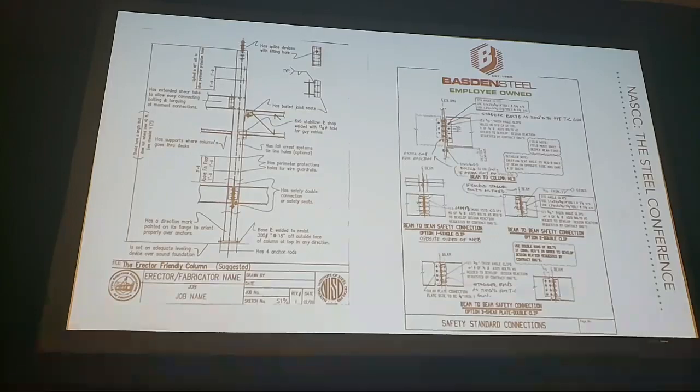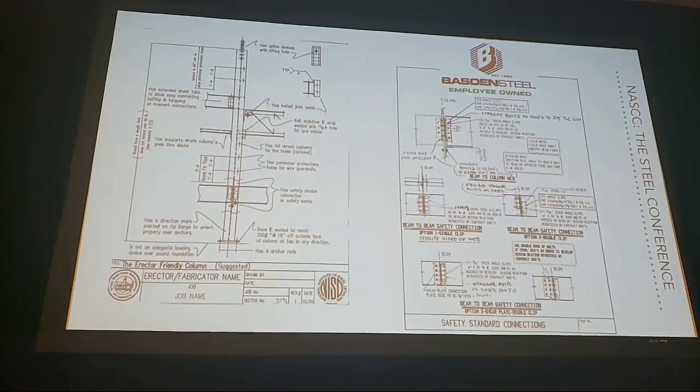And this one on the right, these are some of Bays and Steel's standards to accomplish this double connection problem that we all need to be, like I said, I'm astounded that it's 19 years and we're still dealing with this sometimes. All right? I will say this too, if you do a seat like that, there should be a little note up here, if that beam and that beam are the same,